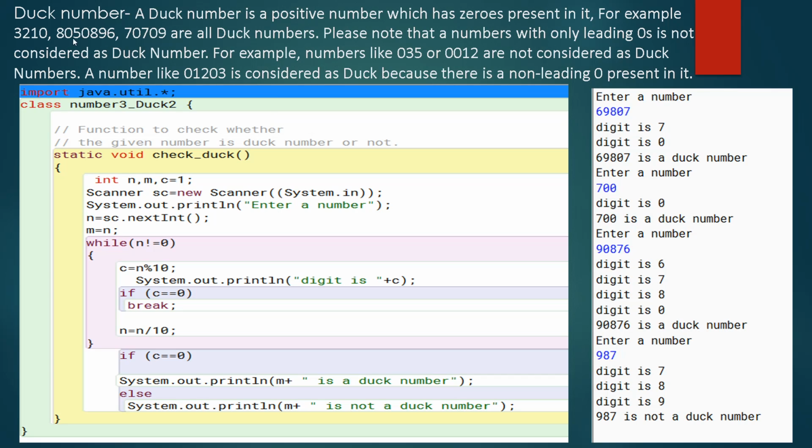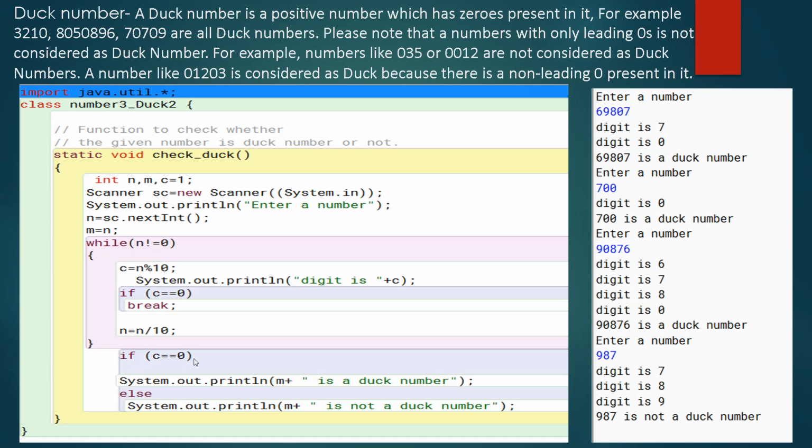See, I need not check for all the numbers till the end. Let's say I encounter a 0 in the beginning, then do I need to go further? No. So that is why I have made a check over here. If C equal to 0, I am saying break. When it encounters a 0, it breaks out of this while loop, comes here and checks.